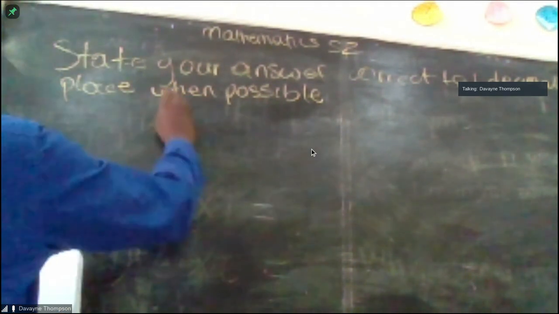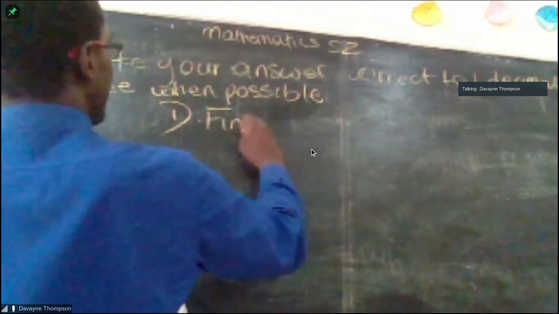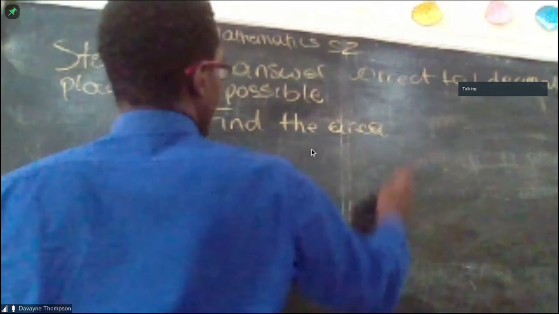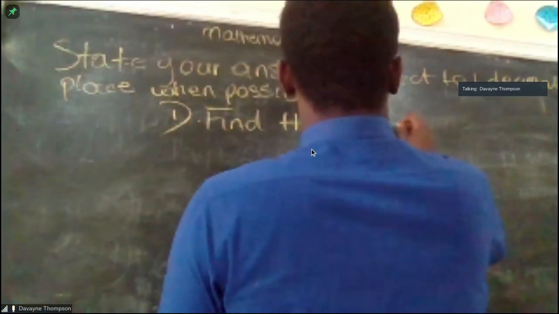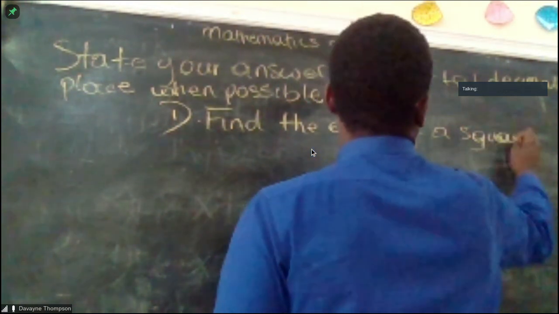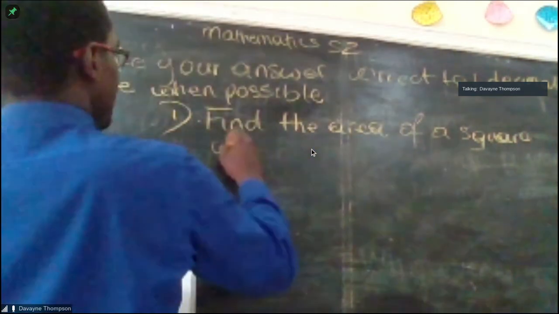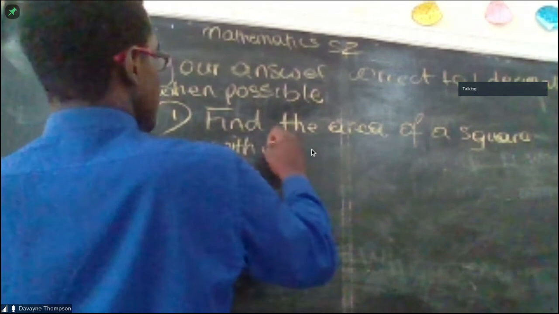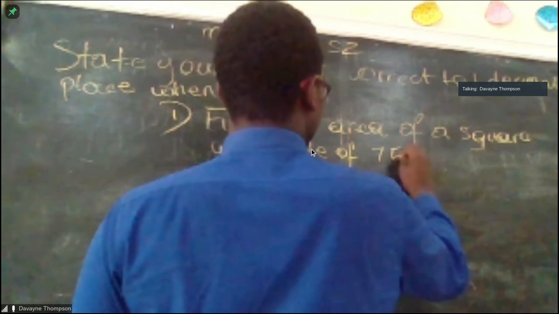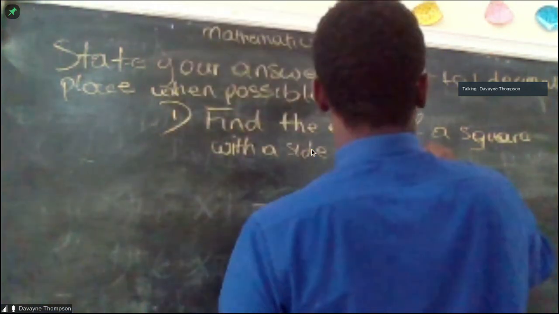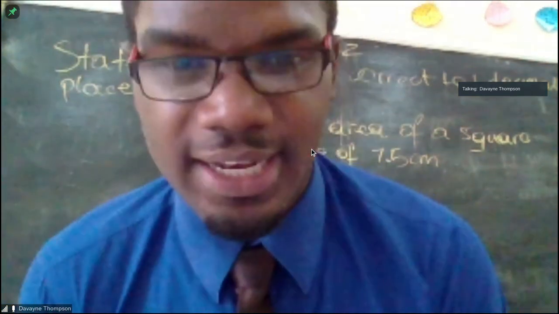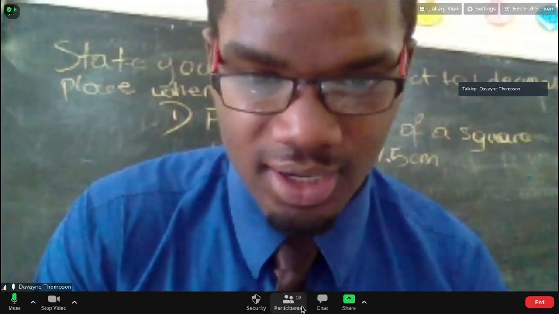So question 1. Find the area of a square with a side of 7.5 centimeters. Who wants to take this question? So this is the first press that's going to get evaluated. Let me call on